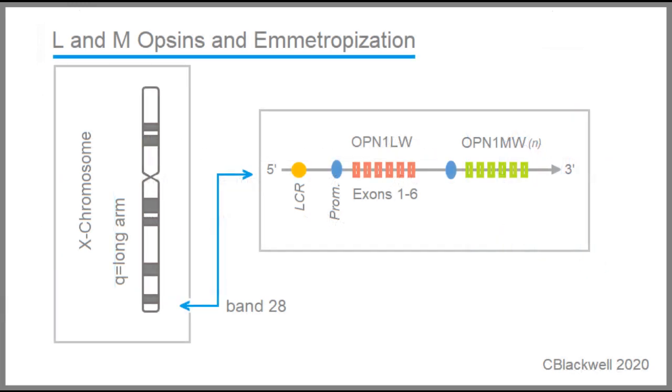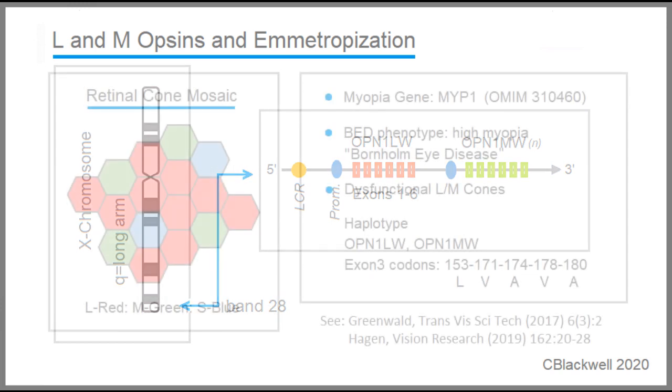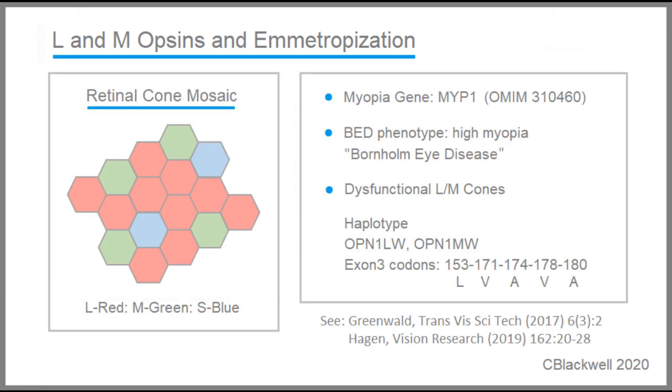Another way to get at the genetics is to search for individual gene defects. Keep in mind these are uncommon individual genetic defects that should be considered separate from the general population of myopia. The first myopia-associated gene to be discovered was MYP1, known as Bornholm eye disease. The resulting phenotype is specific for development of high myopia. It is interesting that it maps to a color cone defect.